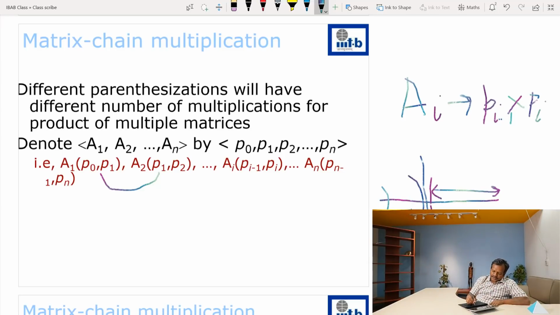So what we can do is that if I put the first parenthesis at k, then the number of ways I can multiply the matrices on the left hand side is given by P of k, because there are k matrices, and on the right hand side there are n minus k matrices. So the number of ways of multiplying those matrices by recursion is P of n minus k. So the total number of ways of multiplying is that I can pick any one way of multiplying the matrices on the left hand side, and